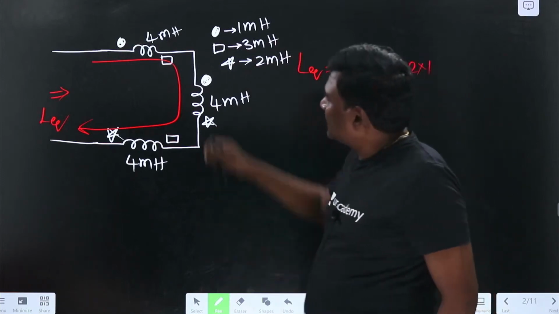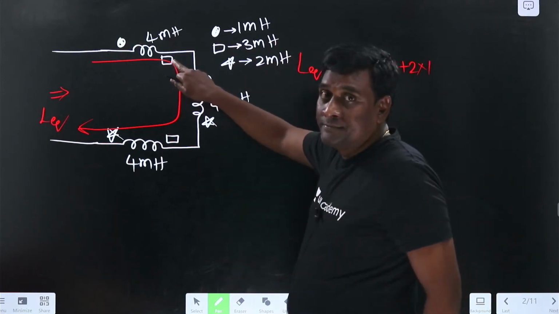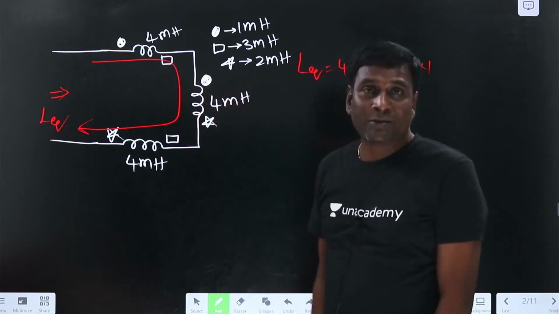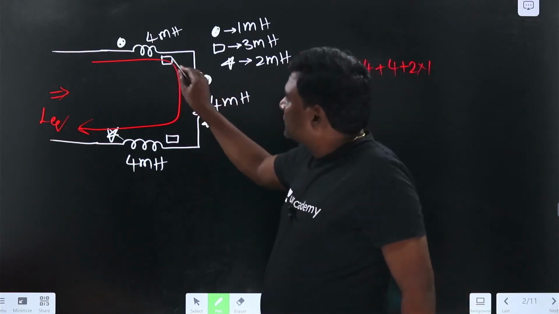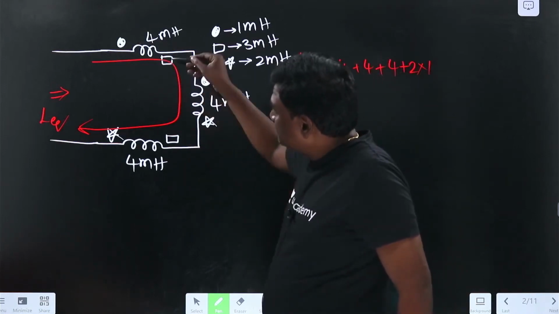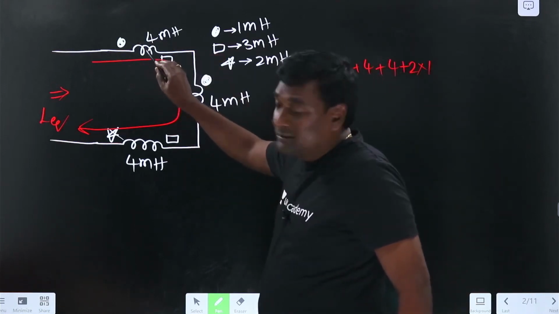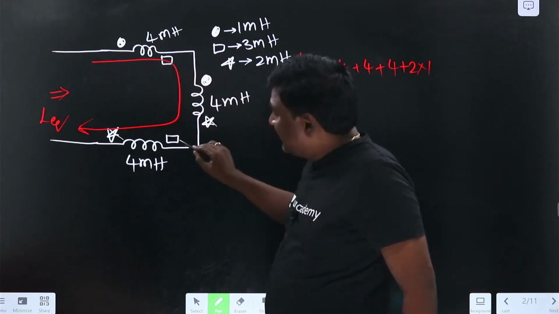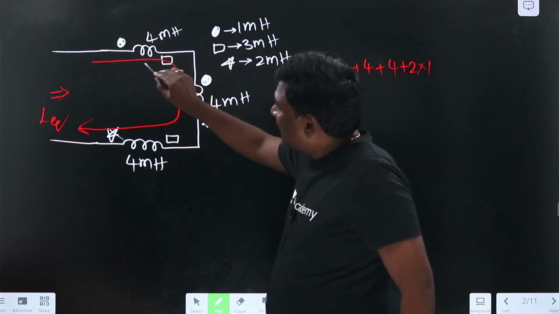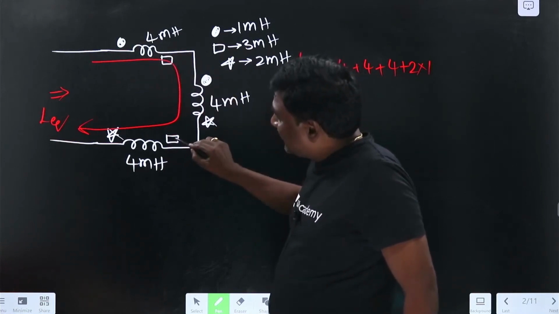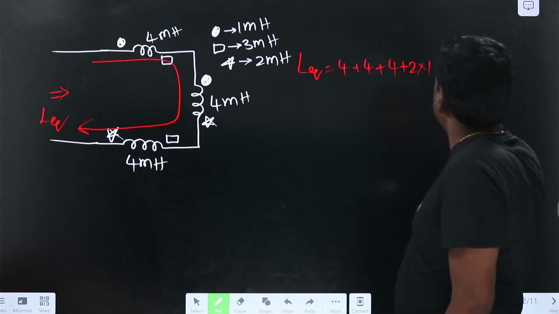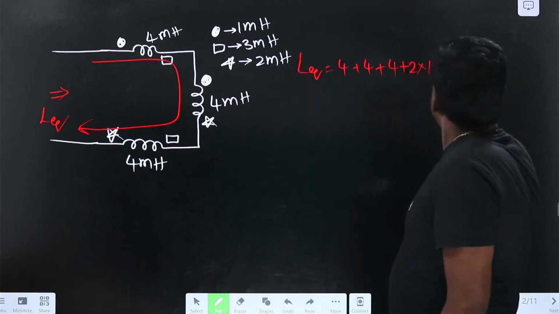Okay, and after that, let us think of this rectangle kind of stuff. So if you see R square, this is here, this is here. For the winding, it is leaving from the dot, it is entering into the dot, it is leaving from the dot, because winding is there, after winding leaving, and this is entering, and after that coil is coming, so it should be opposing. So minus 2 into 3.